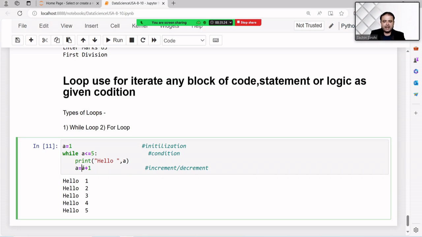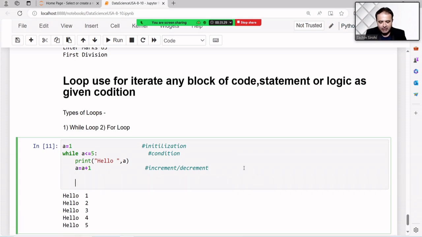So A means, first, it will increase the A value. First, 0 plus, that means A is a variable, just holding the value 1. Now 1 is less than... I can explain, then you can ask me. So the A value is 1. Now here it is checking 1 is less than 5. Yes, true. And here A is 1.